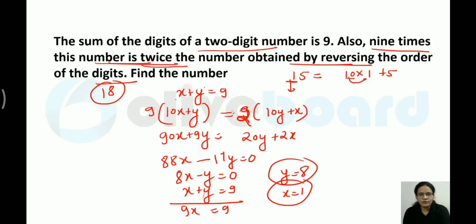This is how we are going to solve any numerical based question based on the linear variable over here. Okay, so that is what I have for today. I hope you have understood all these parts over here, and please practice a few more questions based on the same, so that you will be easily able to solve the question in the exam.